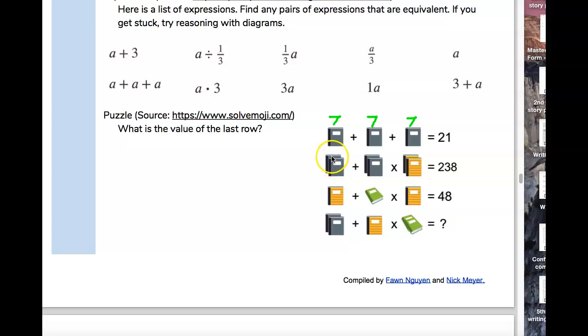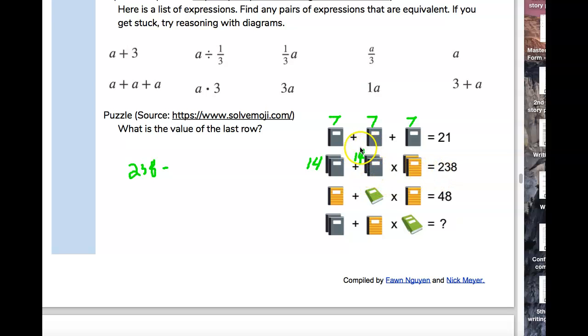Okay, there's 2 gray notebooks here, so we have to put 7 plus 7. This is 14. Okay, this is 2 gray notebooks, so that's 14. All right, so we have to find out what the gold notebook is, or yellow. I guess it's yellow. Okay, all right, so if we take 238 and we subtract,